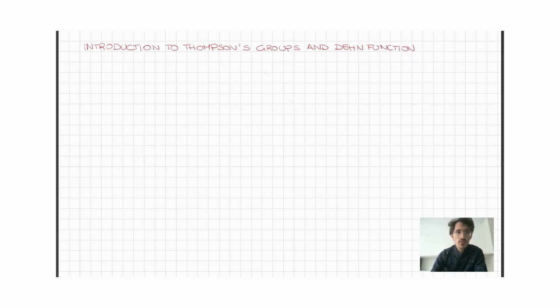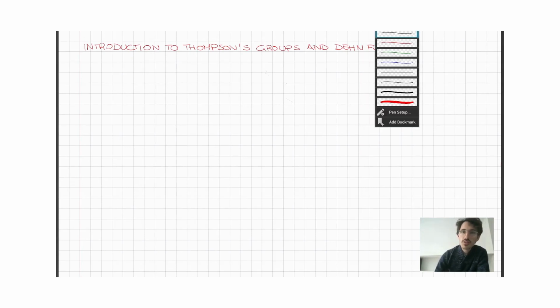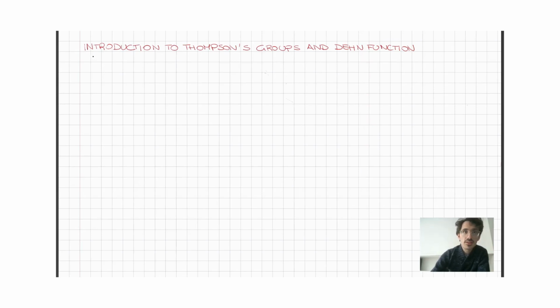Hi, in this video I'm going to give you a quick introduction to Thompson's groups and the Dehn function. So Thompson's groups were introduced in 1965 by Thompson. He introduced three groups called F, T and V, which are one the subgroup of the other. So I'm going to give you a quick definition of F and T, which are the groups that appear